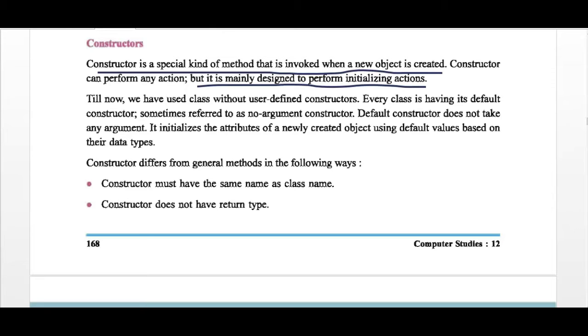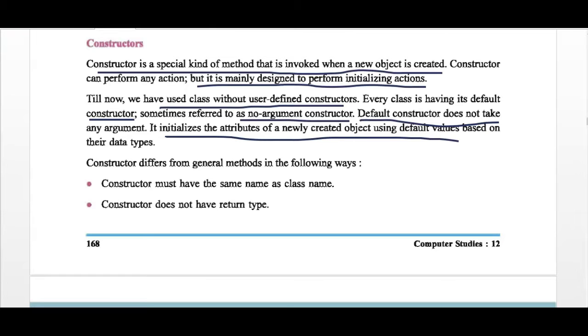Till now, we have used classes without a user-defined constructor. Every class has a default constructor, sometimes referred to as a no-argument constructor. The default constructor does not take any argument. It initializes the attributes of a newly created object using default values based on their data types.